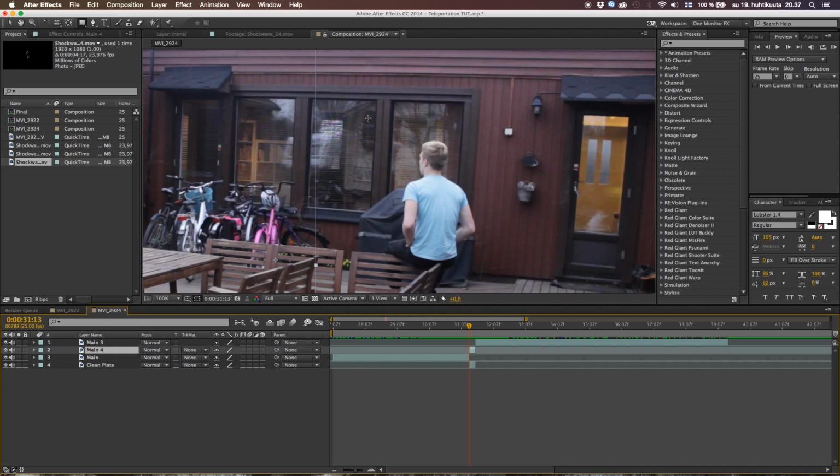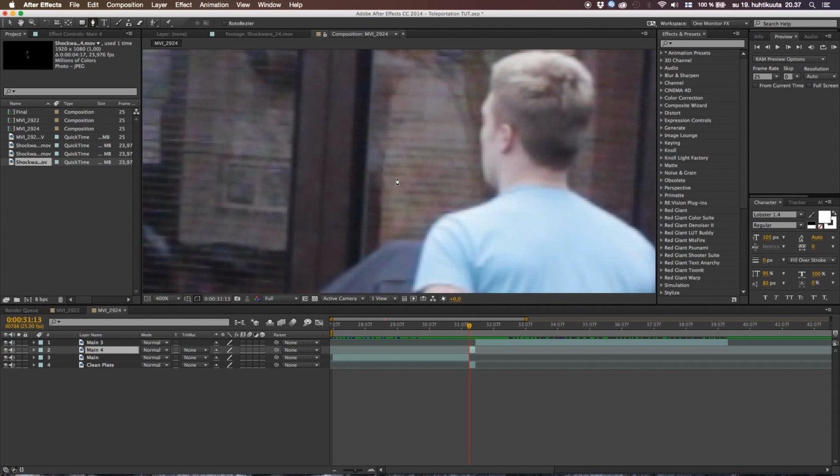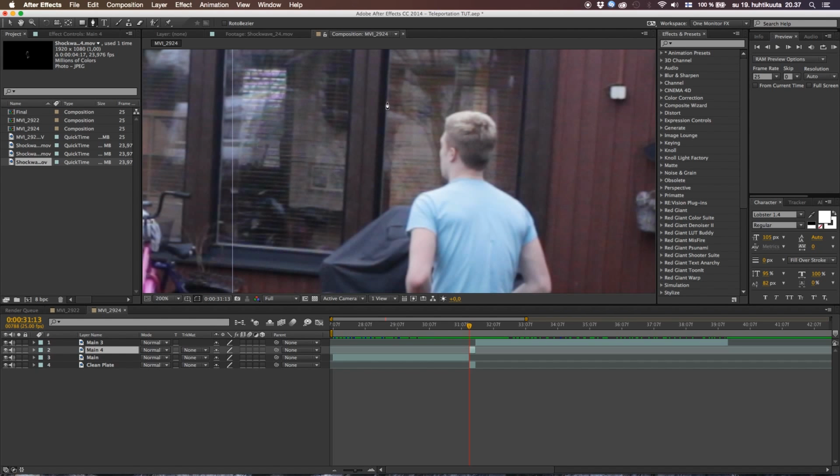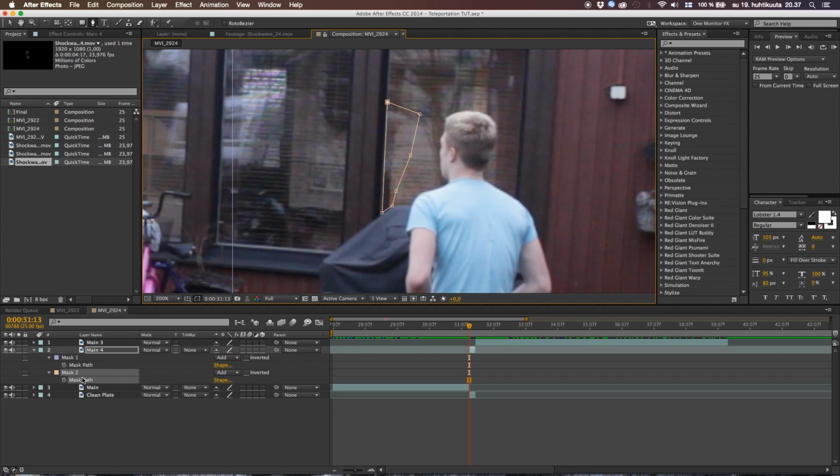This is also a simple way. Select your guy or the layer where the mask is. Take your pen tool by hitting G on your keyboard, or just clicking on the toolbar, and then just do a simple mask around my brother,